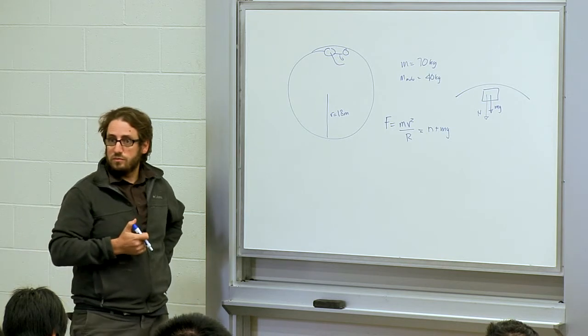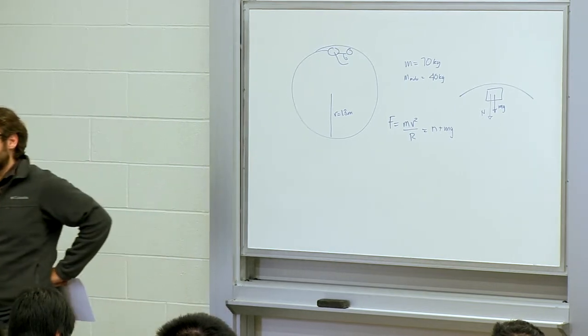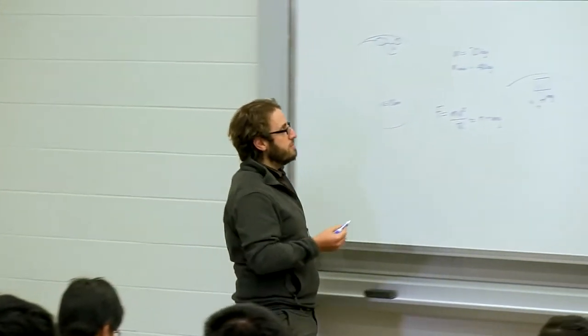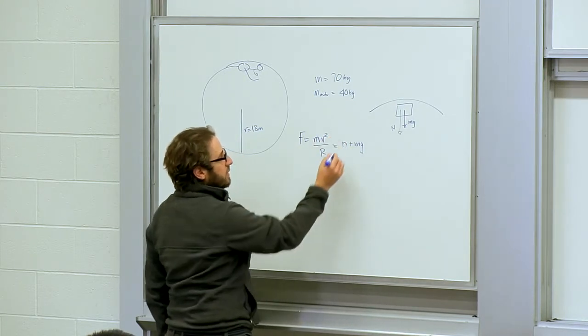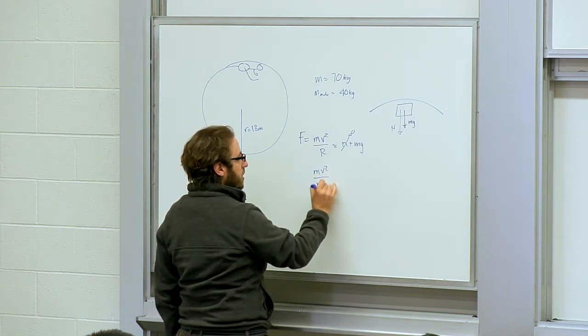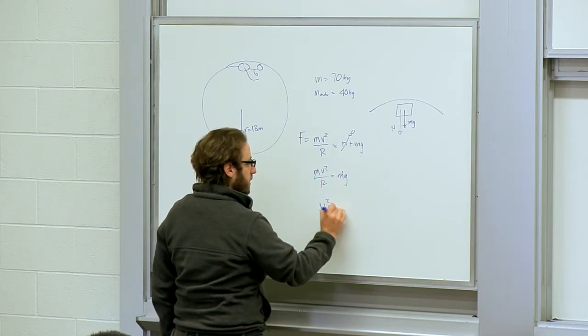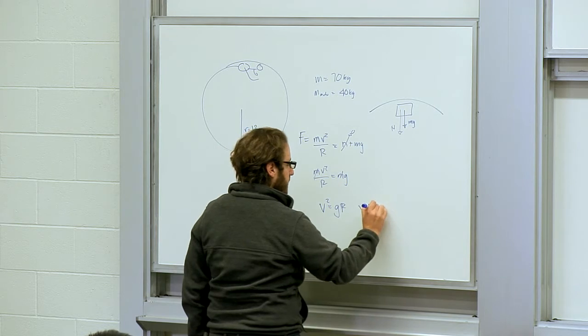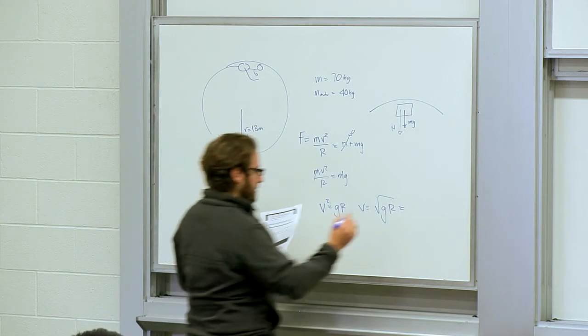How does that help us? That's right, we're looking for the minimum velocity, right? The normal force could be any amount depending on how fast he's going. So let's set this one to 0 and say mv squared over r is just equal to mg, right? So then the m's cancel, v squared equals gr, v equals square root of gr, which is